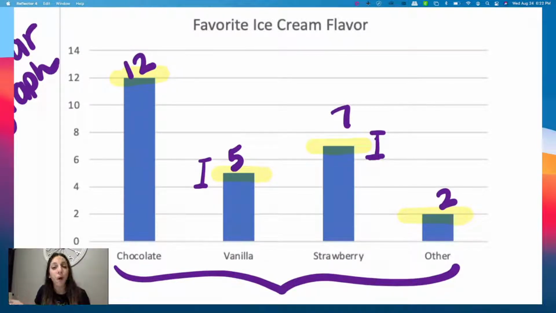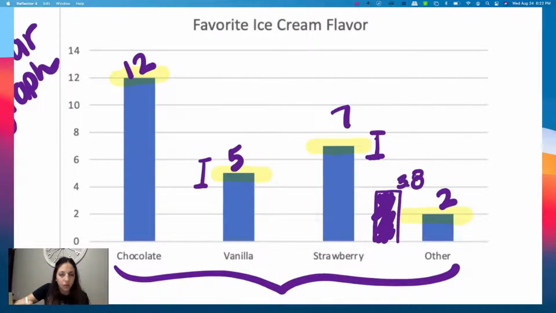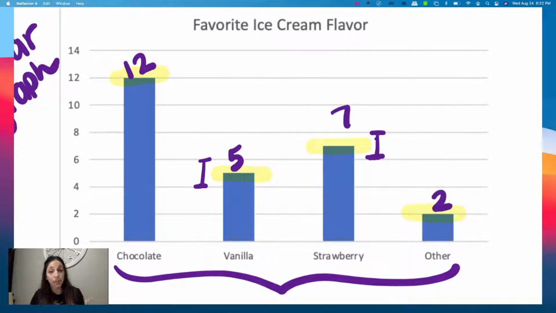Now, people can't be like a fraction of a person. So I'm not going to see a graph that's going to look like this, because I can't have 3.8 people surveyed. So in this kind of scenario, we know that we're only dealing with whole numbers because of the type of data we're looking at. If this was how many gallons the ice cream store still has after they sold ice cream on Friday night, then I could have fractional parts of gallons. But because it's people, I can't.